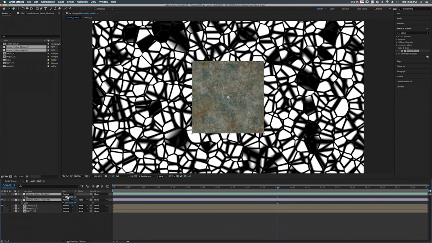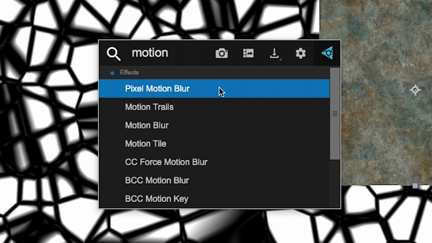As you can see, we have a little tiny square here. It doesn't fill our entire screen. That's fine. Actually, we're going to make this even smaller. We're going to select our albedo and our height, hit S on the keyboard to scale it, and we're going to scale it down just a little bit. All right, so on top of our albedo, or our color information, we're going to add what's called a motion